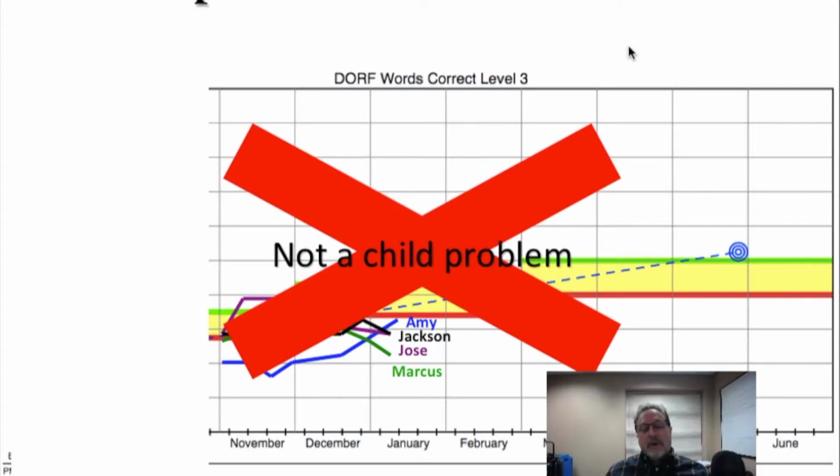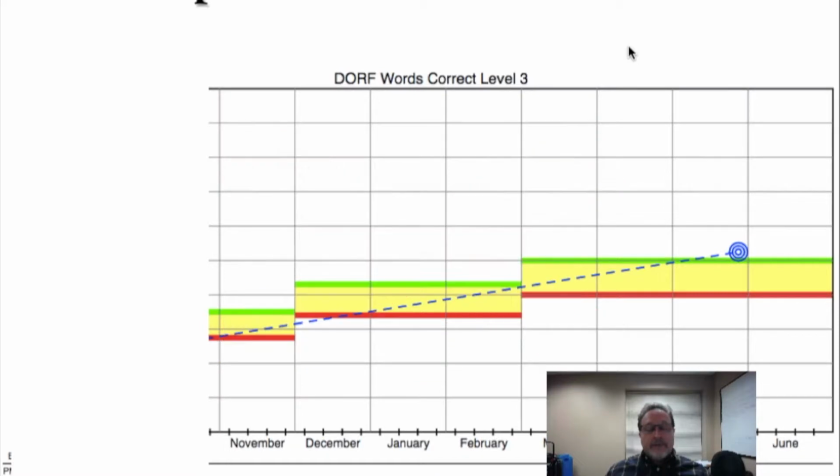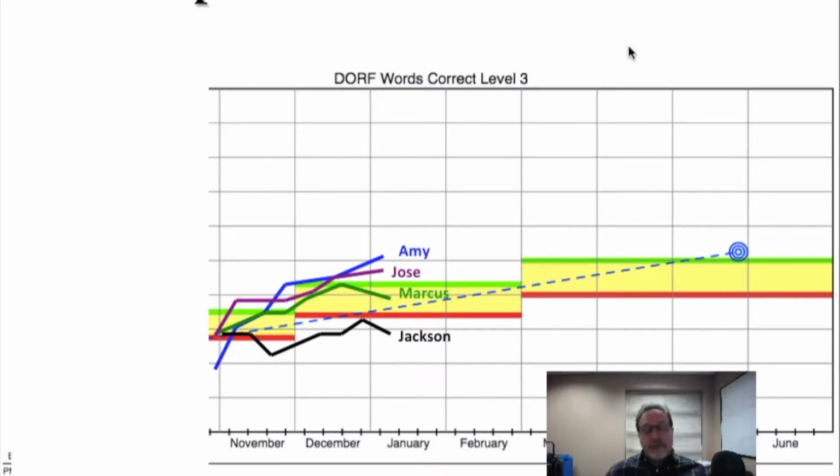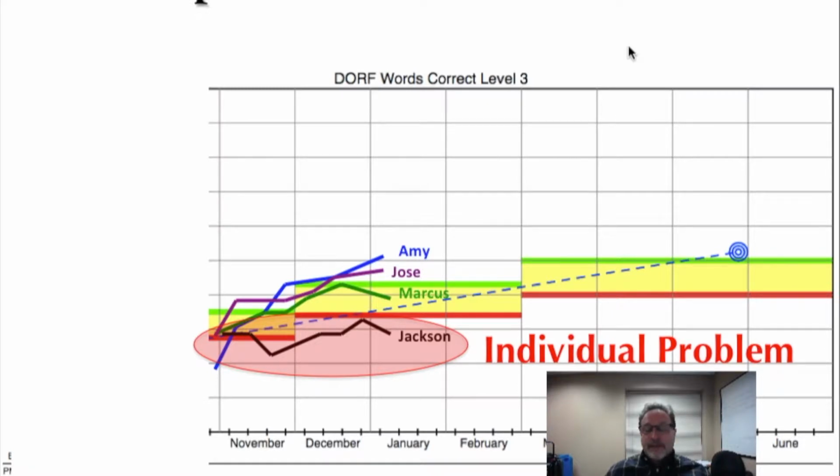And so you'd want to then go back and really look carefully at the amount of time in which the program was actually being delivered, and was it being delivered with fidelity to the program, et cetera, because it's not likely an individual child problem. On the other hand, if you look at the student that you're focused on and concerned about, and you compare them to the other students in that group intervention and you see that they are making adequate progress, then you can have a great deal of confidence that the issue is for that student and not with the delivery of the program. So that's an individual problem.